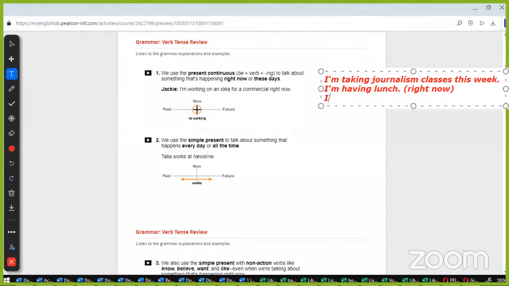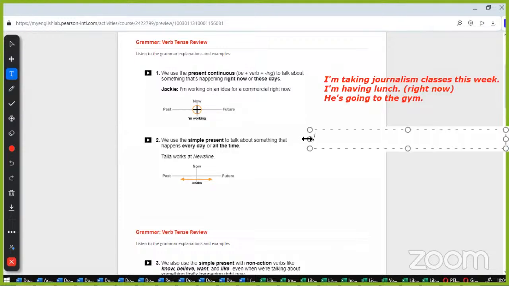Or he's going to the gym. It could be these days, right now. So this present continuous is for things that are happening right now or these days. However, the simple present is used to talk about something that happens every day or all the time,